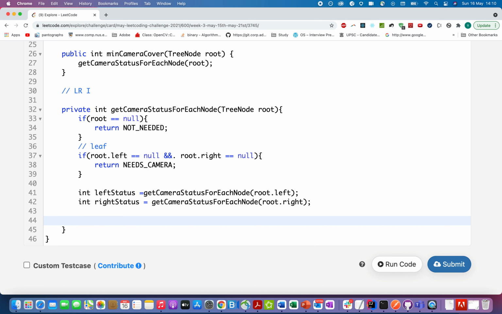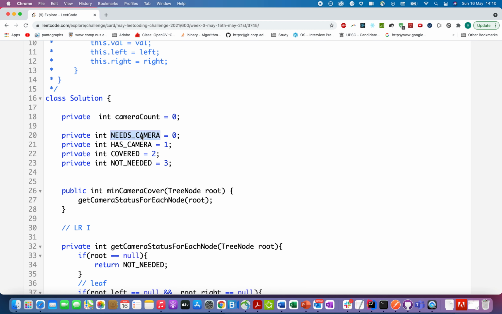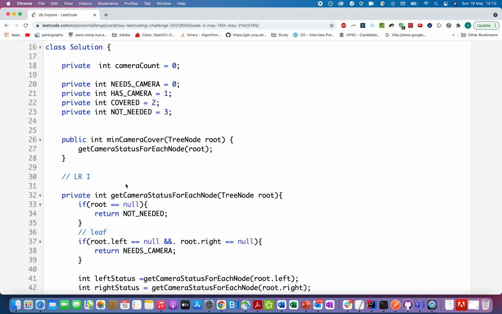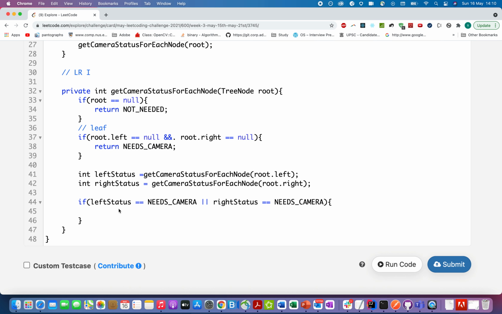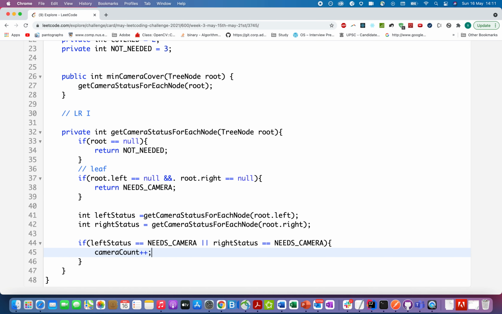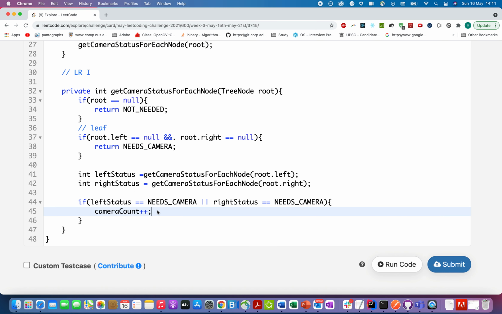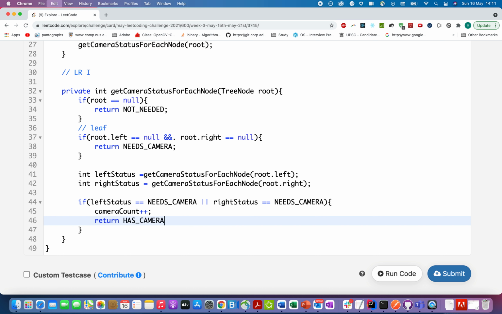If the left status turns out to be needs camera, or the right status turns out to be needs camera, either of the case, then we need to install one more camera in the system so as to cover the current node. So what we are going to do, we will simply update the camera count because we are installing one new camera here, and we'll return has camera for the current node because the current node now has a camera since we installed one there.